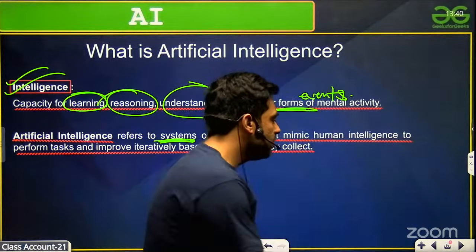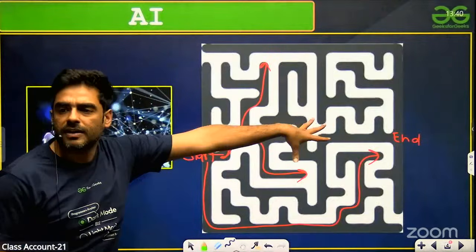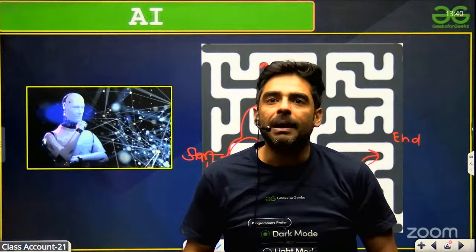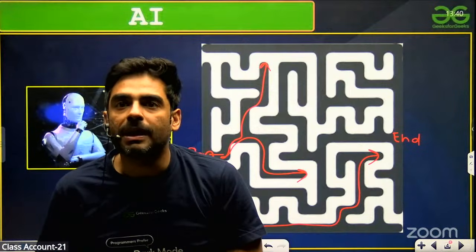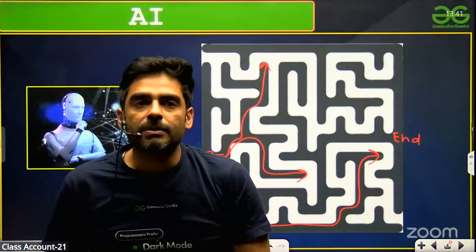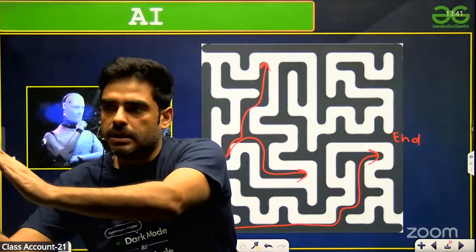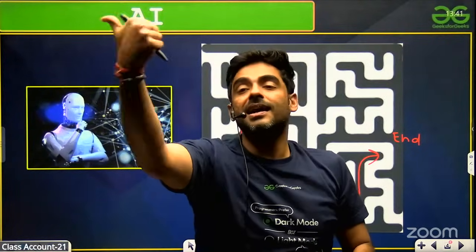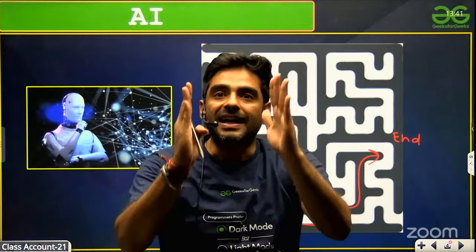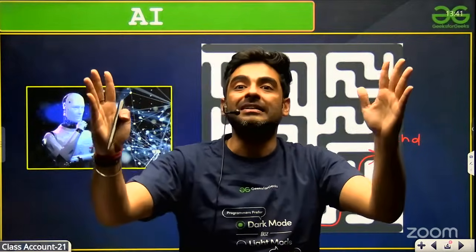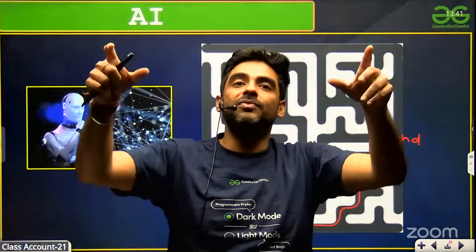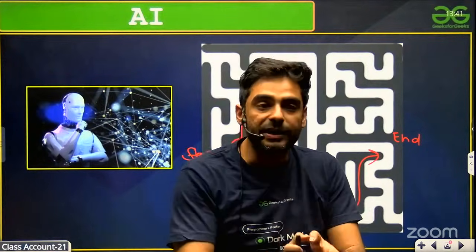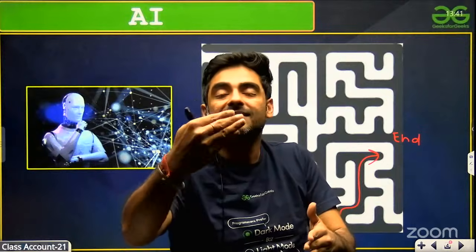I just started with an example कि अगर आपको इस puzzle को solve करना है, then this is a task. If I ask Google Maps, bhai, you have to travel from a certain location to another location, so for that map, that is artificial intelligence. So artificial intelligence is a broader term that is more task specific, more related to which task the systems are performing.